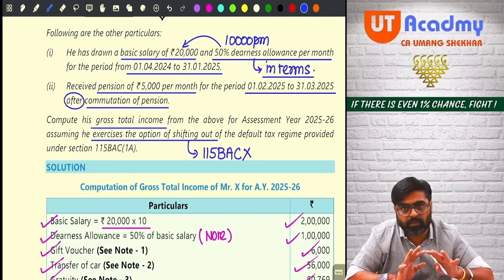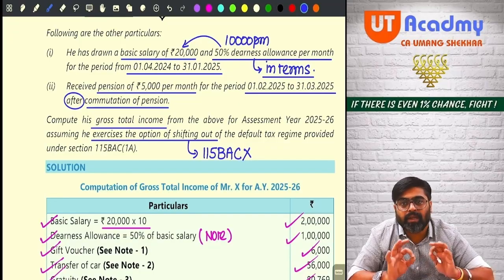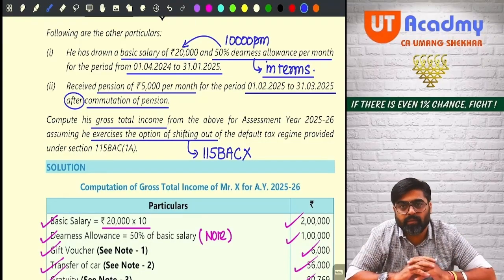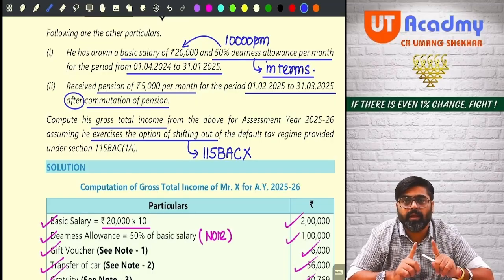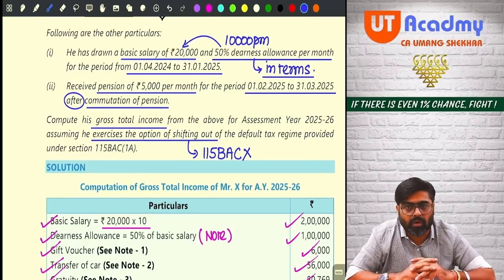Full stop, close the bracket, full stop. Hence, it is a clear indication that the DA was given in terms of contract,